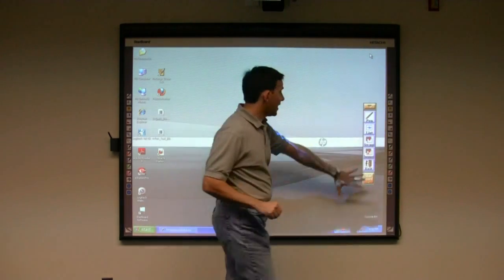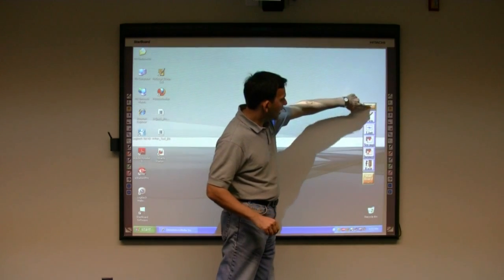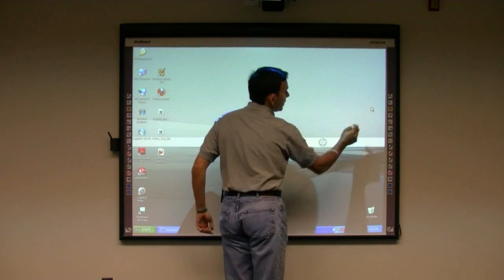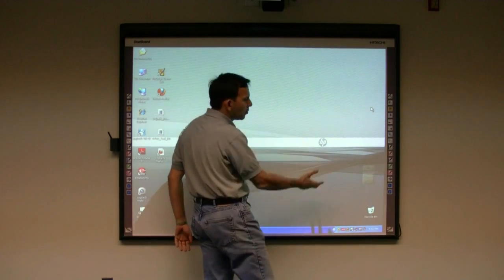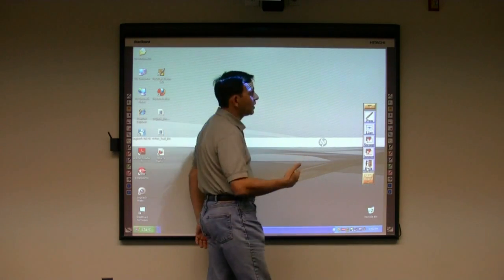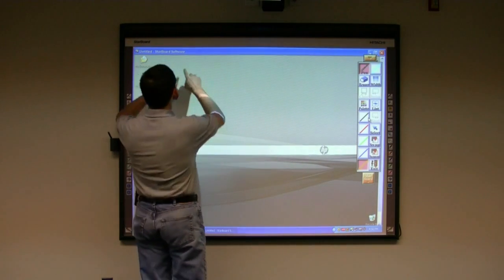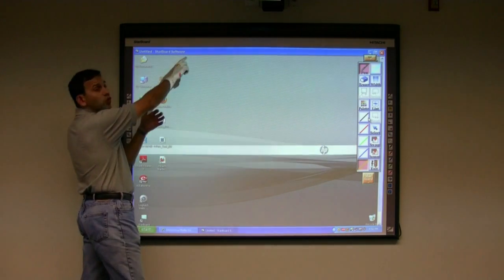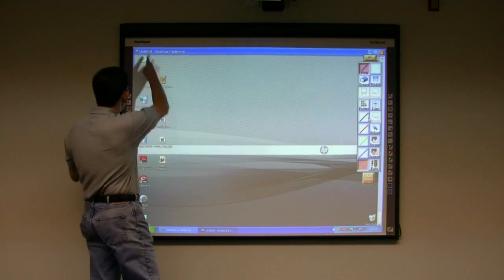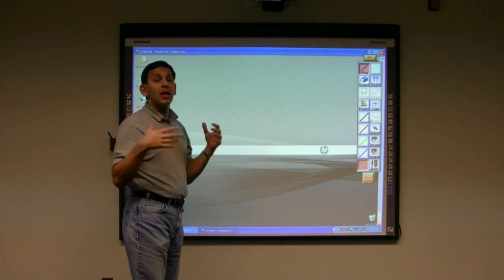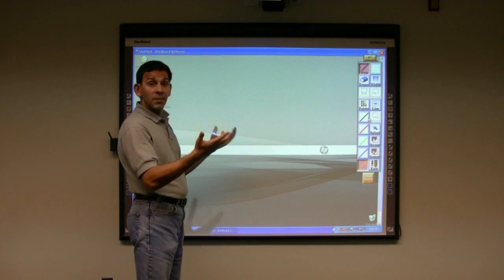Over here on the side, I have my control menu. This little button, when I click on that, minimizes it, so that's small, so it's out of the way, so it's not as cumbersome. Click on it again, it brings it back up. While I'm in pen mode, you'll notice that I have Untitled Starboard software, and the screen actually has a line around it. What I've done is it's taken a screen capture of my desktop,